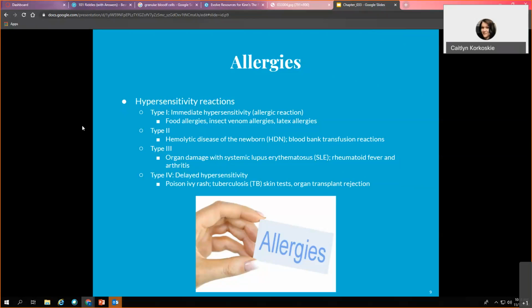But type 1 is the most severe and what you'll most likely see. Type 1 doesn't necessarily mean anaphylaxis. It's just an immediate reaction to something. If someone touches something they are allergic to and starts breaking out in hives, or someone eats peanuts they're allergic to and starts to have throat swelling,